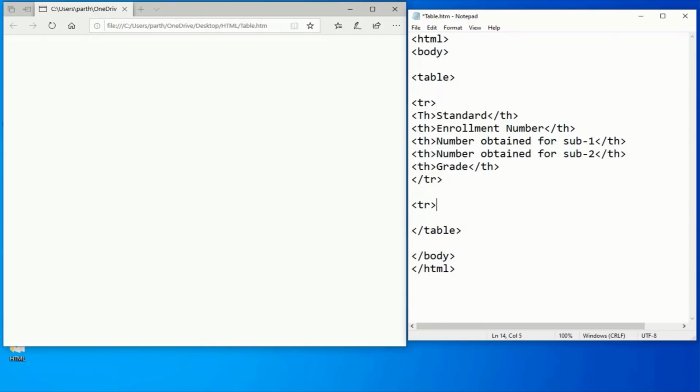Again we start our second row by writing the tr tag, and under that we are giving the table data by writing the td element, with content given as our source data, that is 1, E001, 91, 92 and A. We have to write a separate td element for each of these data. Again we close our tr tag. Now save it and refresh the browser to check.